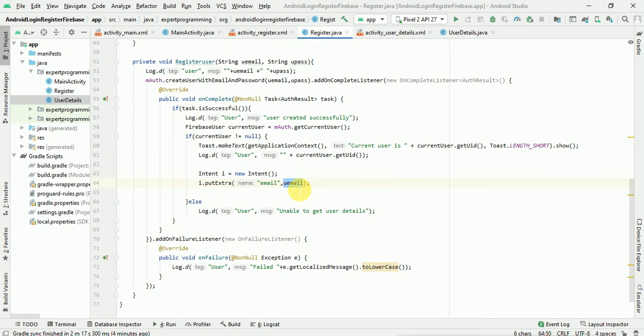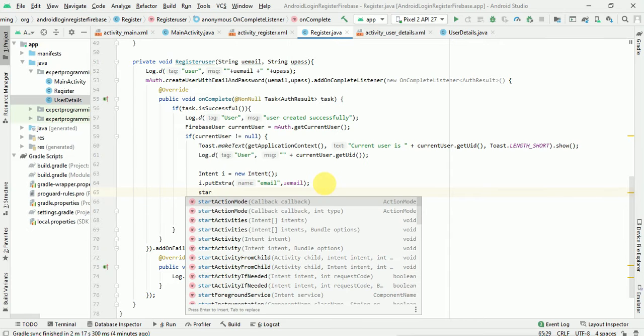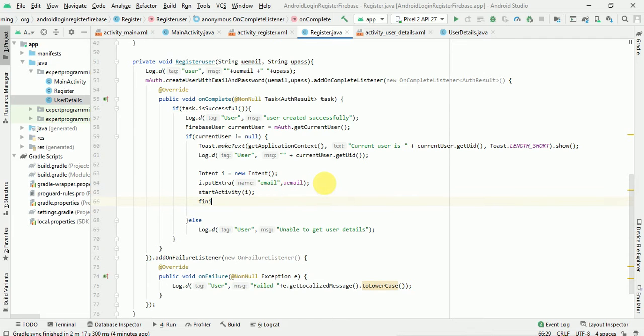Okay, so I'll take this over here, and then startActivity, and we'll finish this activity also.